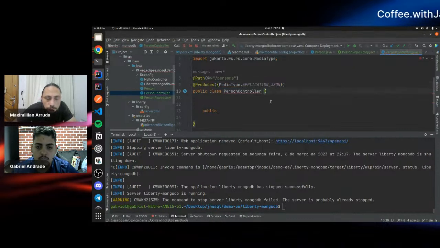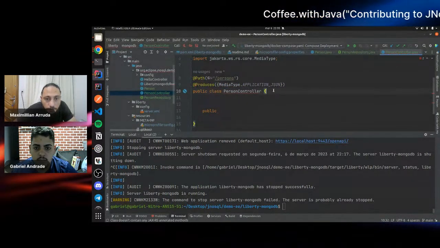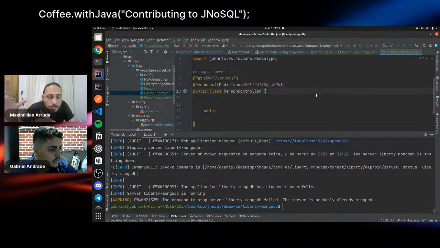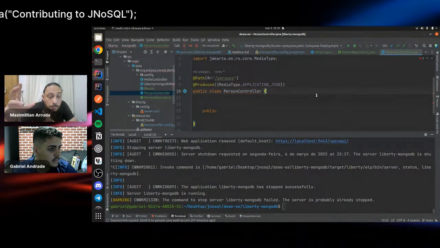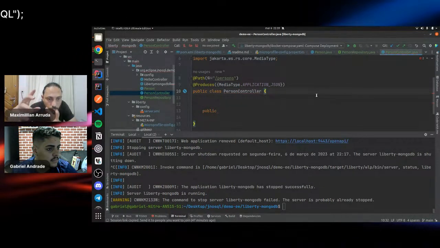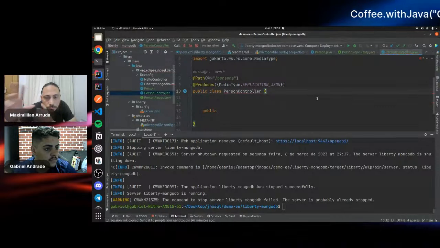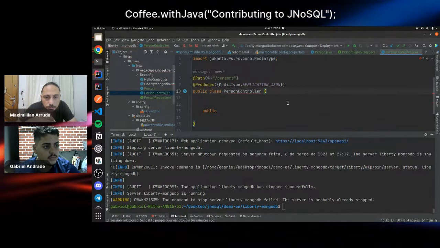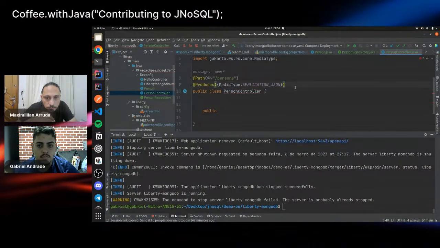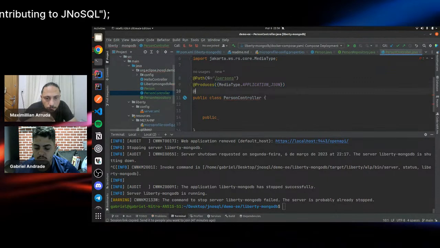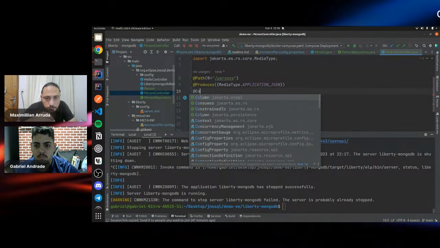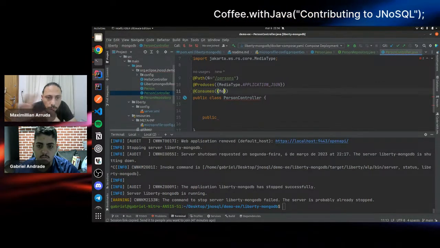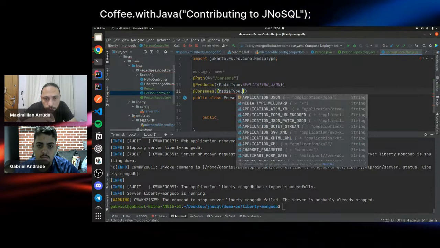Also, you could define the kind of media that our endpoint will support to consume. So you can also define the @Consumes annotation. It's pretty similar to the @Produces annotation. You could just copy and paste the same definition.